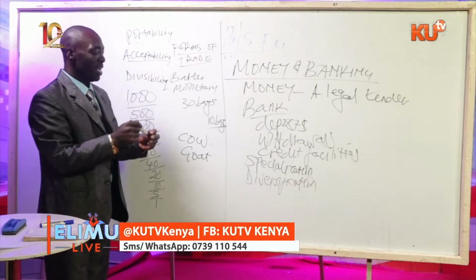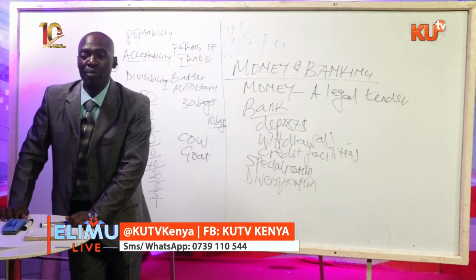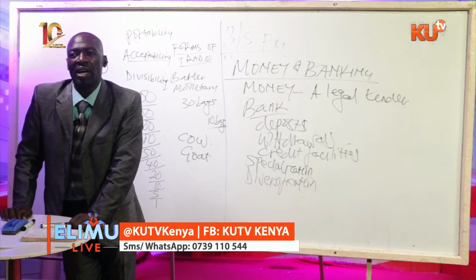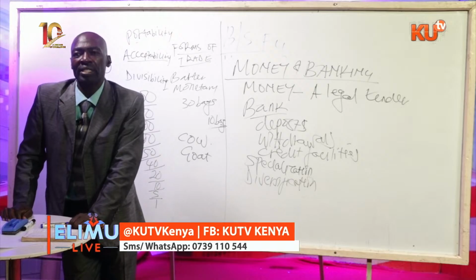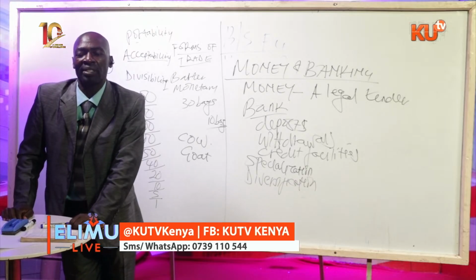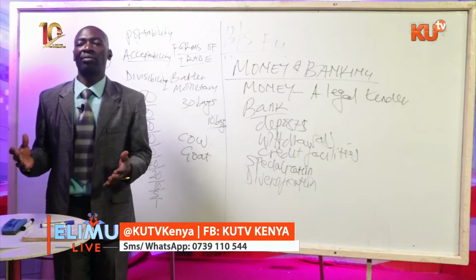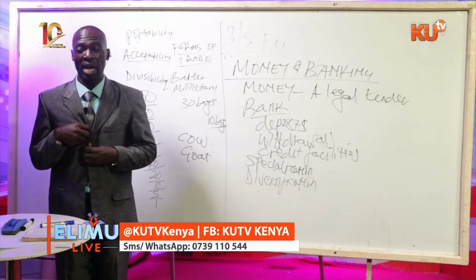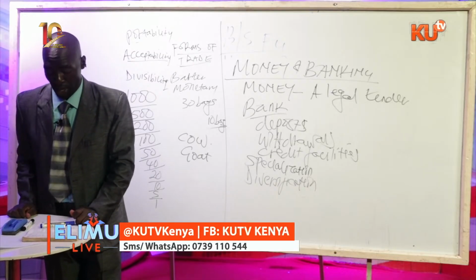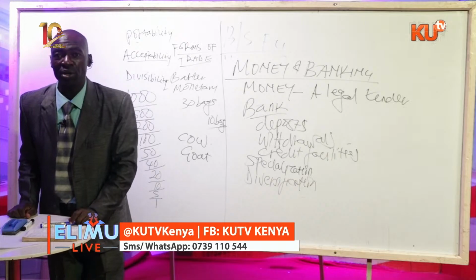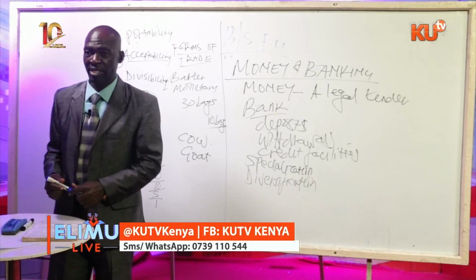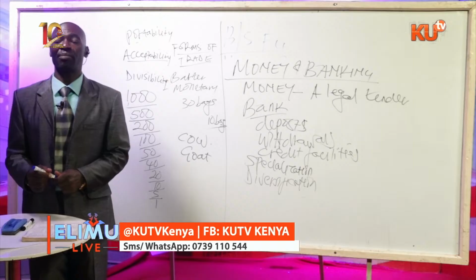Portability means money should be convenient to be carried around. You can even carry 1 million in your pockets and move around, and nobody will realize, unless you behave like a suspect. But you can carry a million. I can carry 2 million in this court, and nobody will notice because I will not look like a suspect. When you are carrying something that you have stolen, you will always suspect yourself, and people will easily notice that you are somebody who should be a guest at the DCI or should be picked by the Subaru boys.